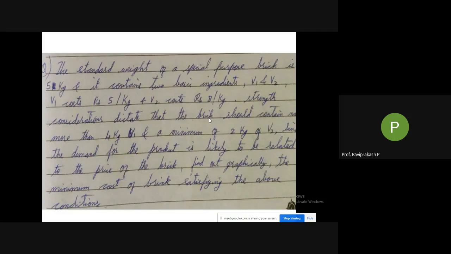So here it is minimization. So OF comma min z. Min z is equal to, just check. It is of cost. So what is the cost? If you want, you can before that tell what x1 and x2 are with respect to V1 and V2. So assign what x1 and x2 are. Then we can go with the objective function, that is minimum z is equal to. From there you continue. Let us see how many of you can do it. As and when you have completed it, just let me know.